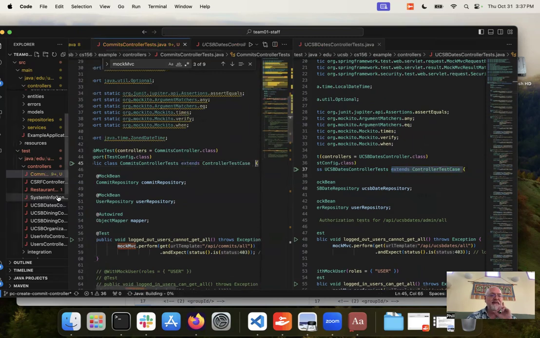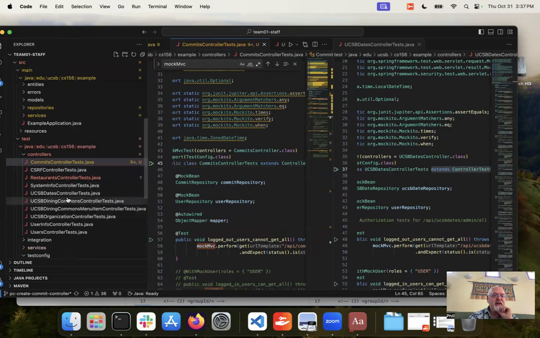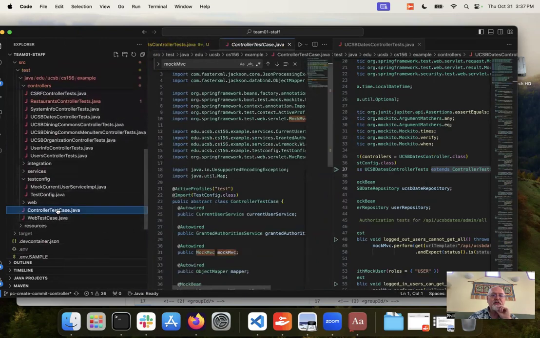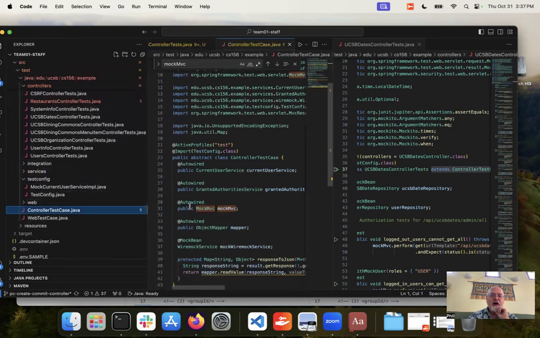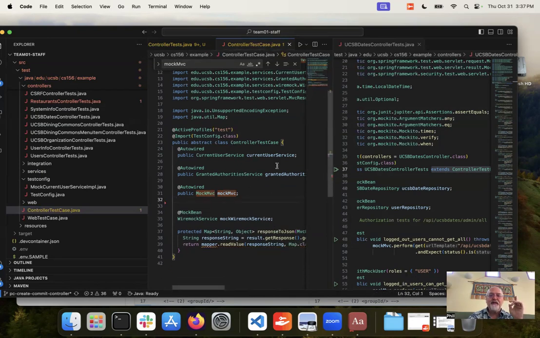Paste that in, and then go over here and look at ControllerTestCase. Do we have a ControllerTestCase? We do. And look at that, @Autowired public MockMvc mockMvc. And also, this is where the object mapper would have come from. Remember, it didn't have an object mapper. So I no longer need to declare my own object mapper because I'm already inheriting one from,